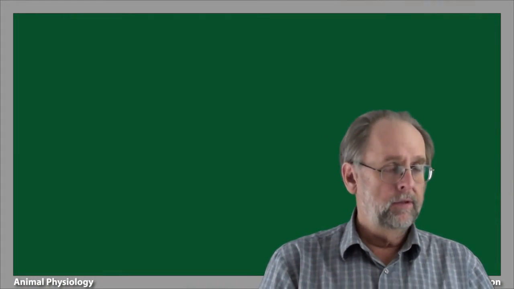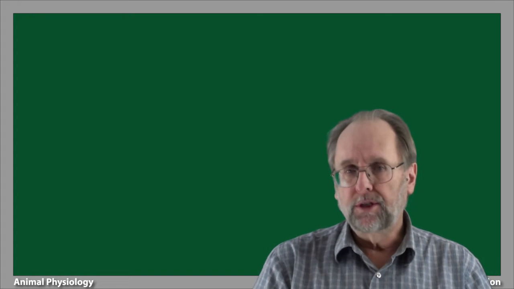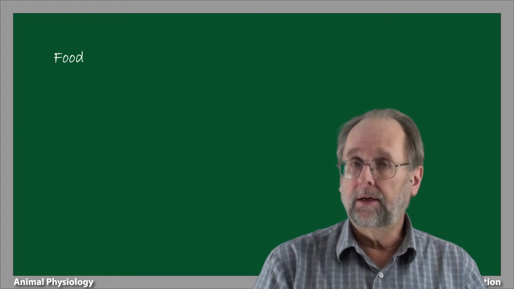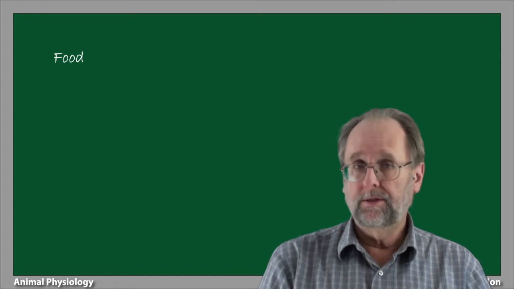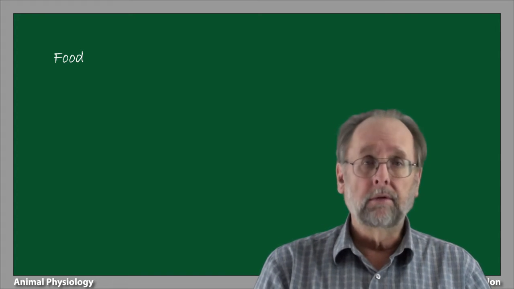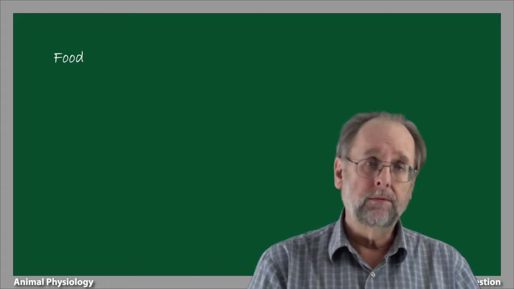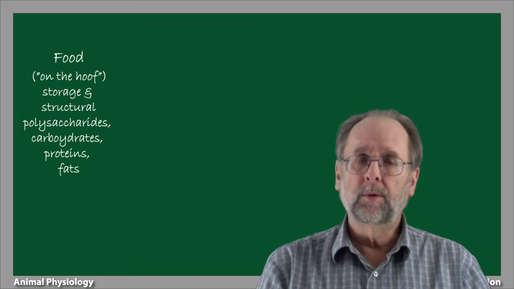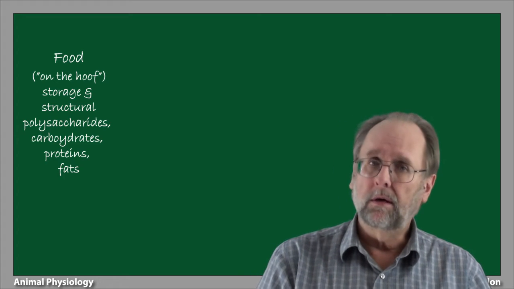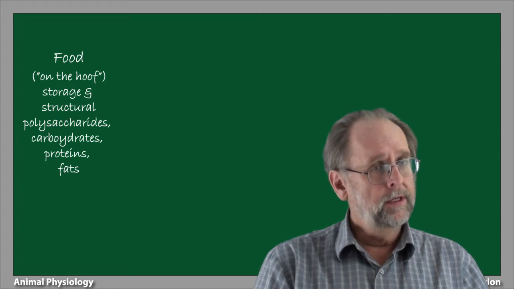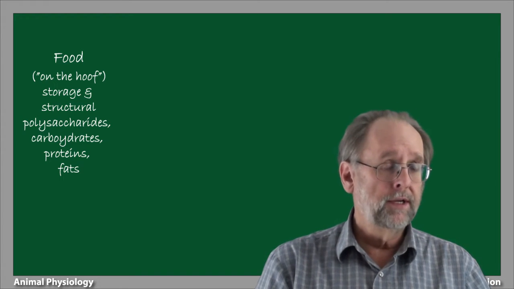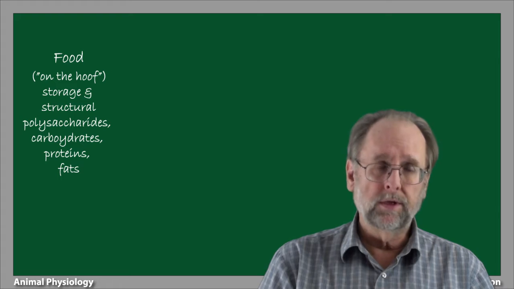Let's first lay out a little vocabulary. We start with food, which we're going to define as energy-rich materials taken from other creatures. This is what heterotrophs do, and animals are, without exception, heterotrophs. Food includes the various classes of chemicals we discussed earlier, but now on the hoof, so to speak: carbohydrates, proteins, and fats wrapped up in the package of a functioning organism that presumably doesn't want to give it up to